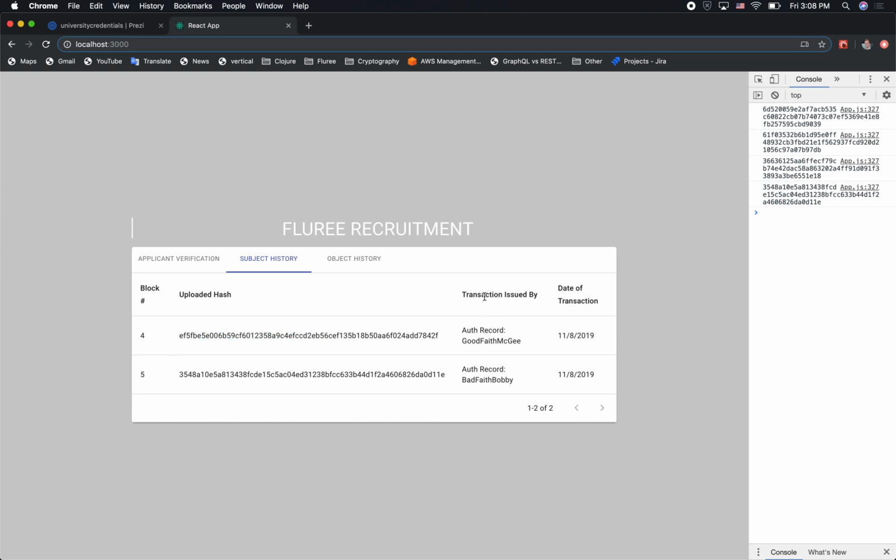And we can even see the auth record that was associated with the transaction, because every transaction is backed by a private key signature. The private key might not be visible, but the public auth record that's derived from that private key is visible. And in fact, we can see exactly which user is associated with that auth record. So this first transaction that went through on block 4 was